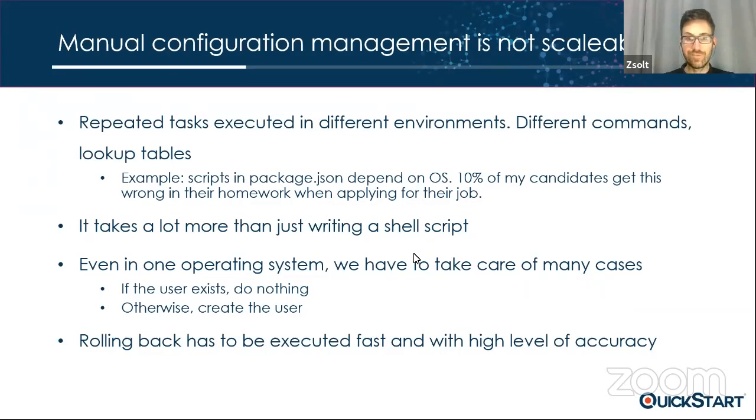Imperative means that you tell the computer how to solve a certain issue. So step one, you, let's say, check if a user already exists. If the user doesn't exist, then you create the user. If the user already exists, then you check something else, let's say, what kind of access the user has. And in case the access is incorrect, then you update the access level of the user. This is basically a description of how to solve a given problem.